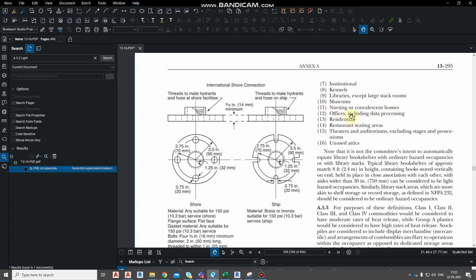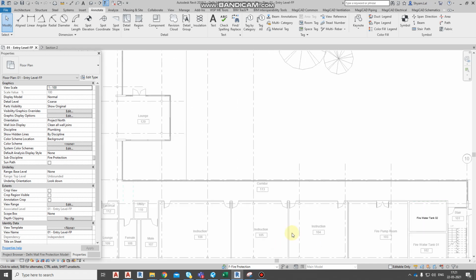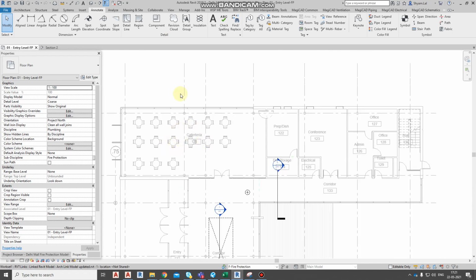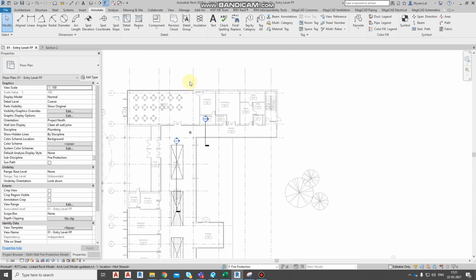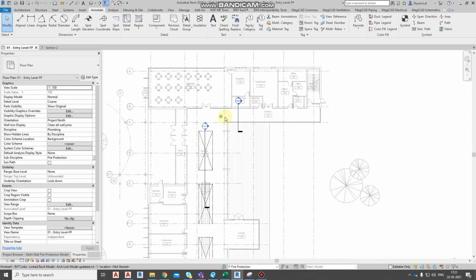So our building comes under the office category, so this building comes under light hazard occupancies. Now we go into Revit. Most of the rooms come under light hazard occupancies like offices and corridors, and the cafeteria space and storage come under ordinary hazard occupancies.